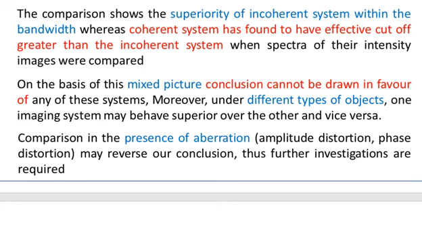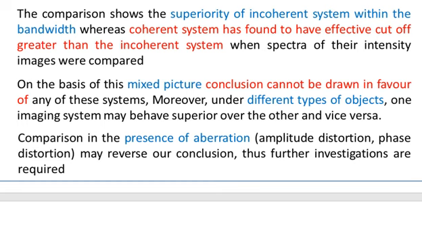So, comparison in the presence of aberration. You see that if we take different examples, then the results could be different. Comparison in the presence of aberration, that is, aberrations could be amplitude distortion, phase distortion, etc., may reverse the conclusion. Thus further investigations are required. So you see that on the type of objects we can obtain different results from the coherent and incoherent system, because it seems that the results may depend on the